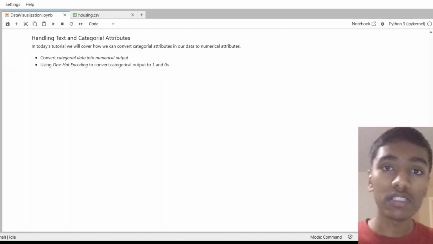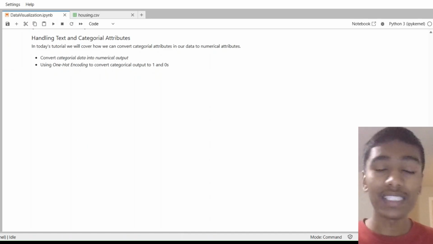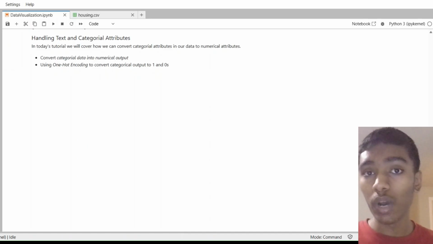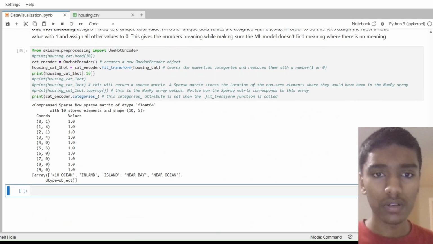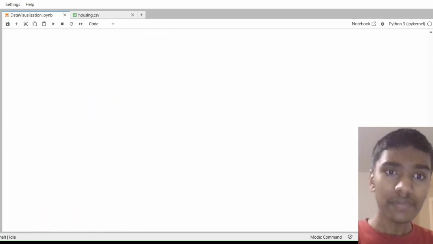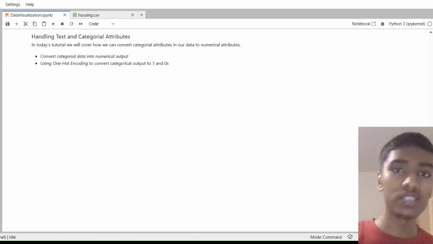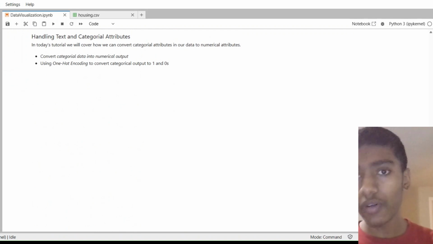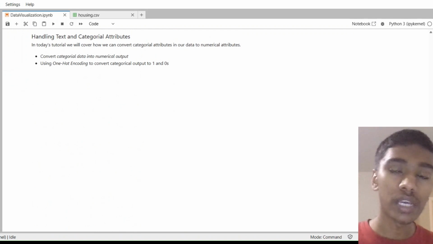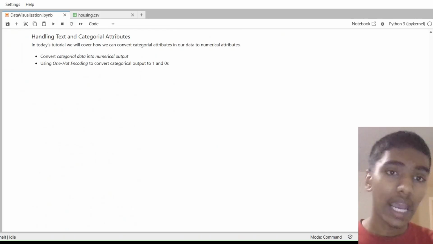But then we decided that that wasn't very sufficient because the machine learning model would be able to learn information about that data that didn't really exist. It would be able to learn correlations that simply did not exist. And so then from that point, we used the OneHotEncoder. We used that class in order to assign zeros and ones, assigning a 1 to the hot value, which is the most unique value, and a 0 for all the other values. In that case, we chose inland as being our most unique value there,